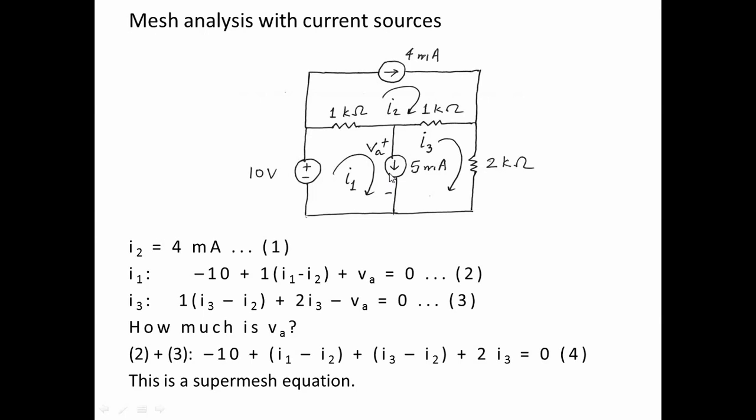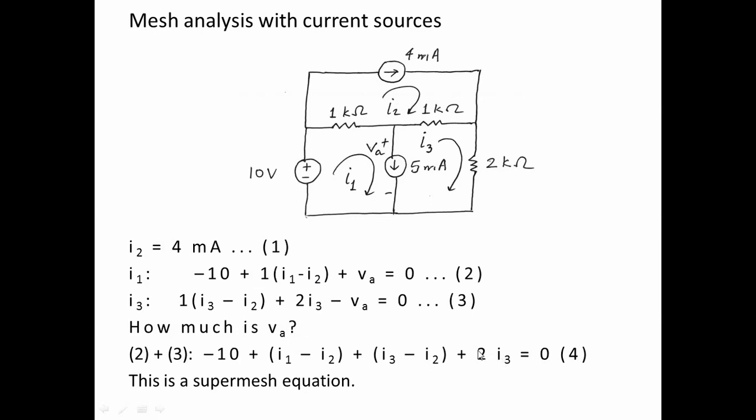We need to add one more equation that we will do in a minute. But before we do that, let us get rid of VA, so that we end up with one less variable. So we look at these 2 equations. We've written these 2 equations for the 2 meshes for which the current source is common. We don't know VA, but VA appears as plus here and minus here. So we add these 2 equations. If we add these 2 equations, then the term VA goes away and we get this equation which has 4 terms. What is this equation?